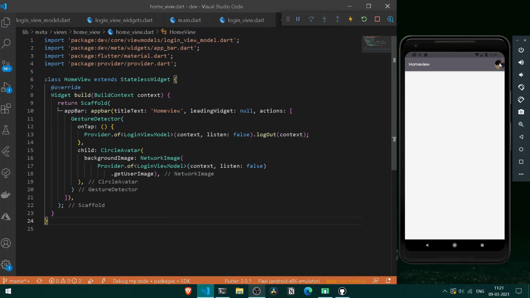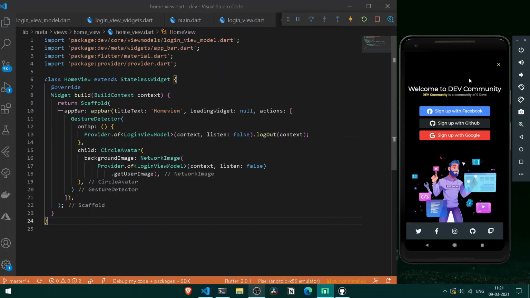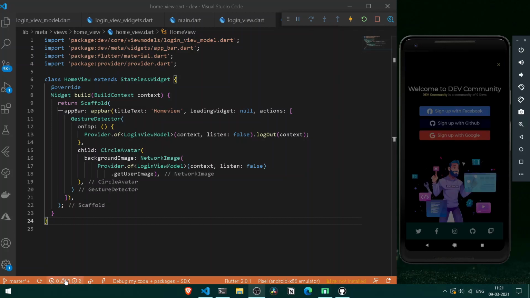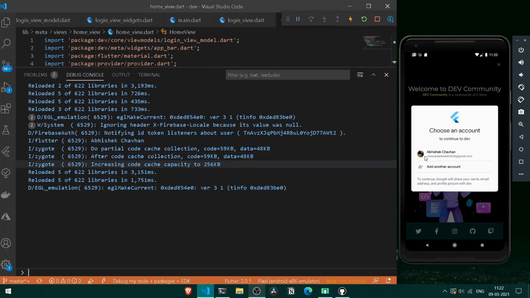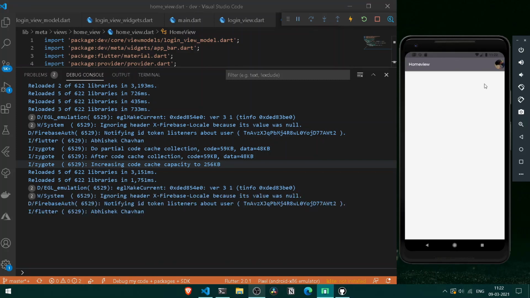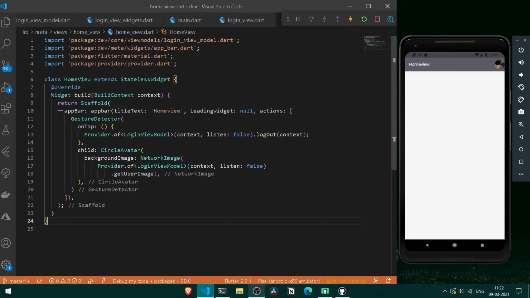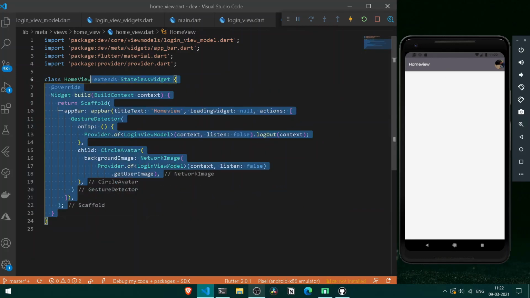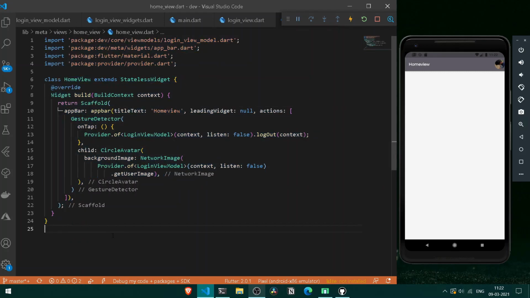So here after pressing over this button, that is my circle avatar, I am now navigated to my entire login screen, and after pressing sign up with Google, let's open our debug console for our sake. So here you can see we are now prompted to select our new account to go along with the following authentication. So now if I simply move with Abhishek Chauhan, we are now simply logged in under our application having our following username and also our user image. So in this way you can simply carry out your entire Google authentication in such an easy way.